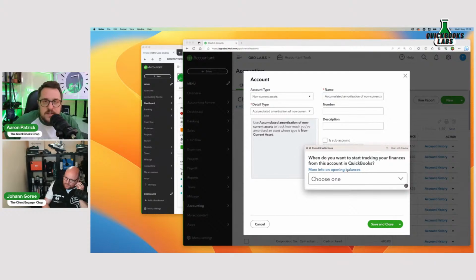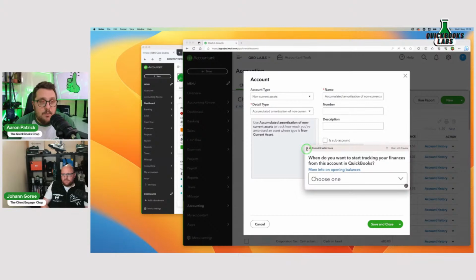All it does is post it to retained earnings, or opening balance equity. But the fact it's now telling you that, letting you choose the date and letting you put that figure in is actually quite a nice little update, isn't it? Yeah, I did like this one. I saw this last week or so, setting up some new chart of accounts for a client. It makes sense, right? It's a simple but really effective change.